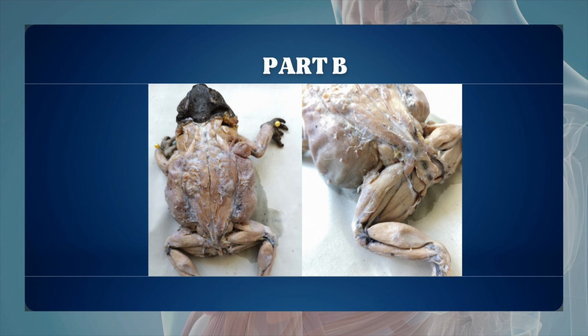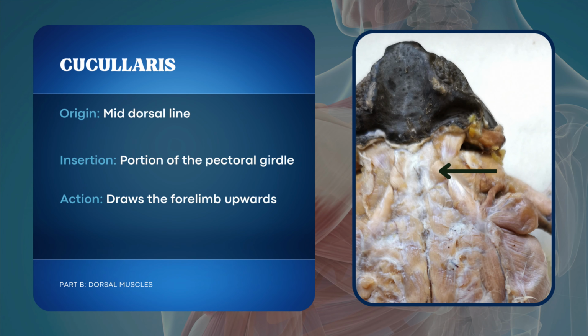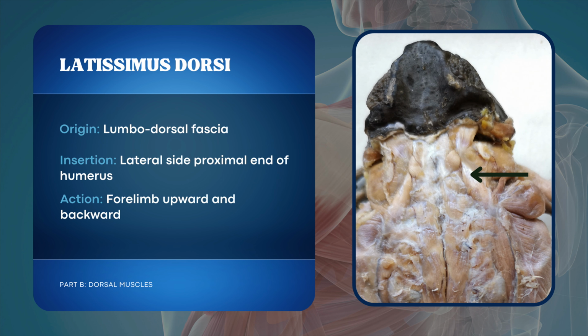Moving on to part B of part 1, we are to identify and label the dorsal muscles of the frog. First is cucularis, which is found on the mid-dorsal line. It is inserted on the portion of the pectoral girdle and it draws the forelimb upwards. Next is latissimus dorsi, which is found on the lumbodorsal fascia. It is inserted on the lateral side proximal end of humerus and it allows the forelimb to move upward and